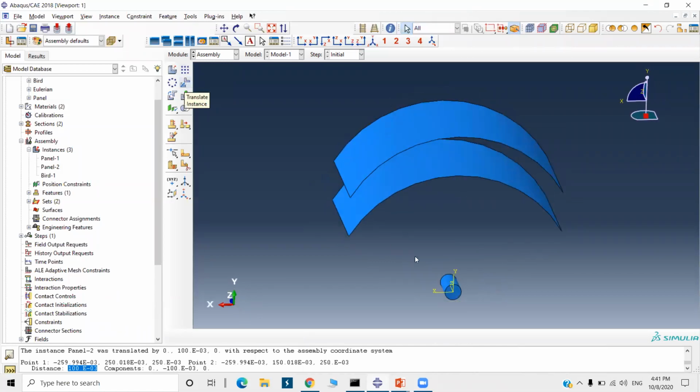To translate it, select this bird, set done. In the x direction, I'm going to translate it. Just I will keep it 0.1. Sorry. So cancel it once again. Translate, select bird. So first point is 0, 0, 0, enter it, and second 0.1 in the x direction. Okay. So again, I will take it back. 0.3.